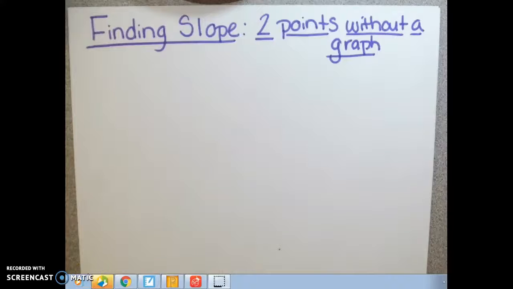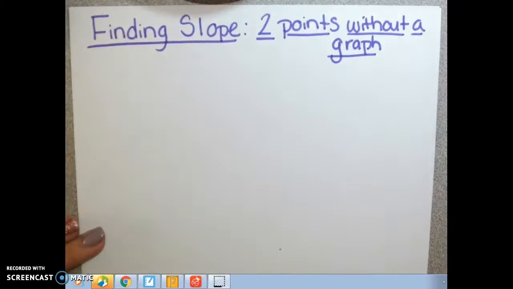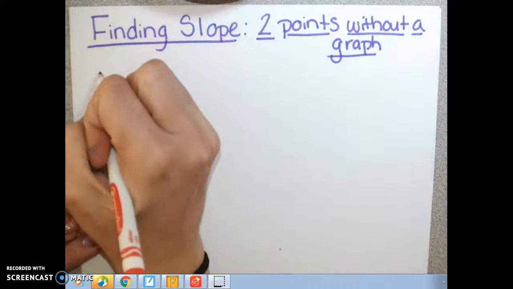Okay, so during this video, we're going to be looking at how to find a slope when given 2 points without a graph. So at this point, the graphs have been taken away, and we're going to figure out how we can find slope whenever we're only given the x and the y coordinates of 2 points. If you think back to what we've already learned about a point in a graph, you find the slope by doing rise